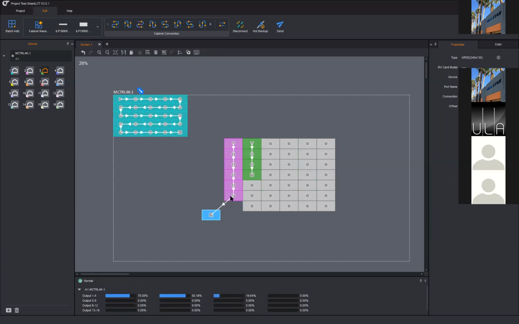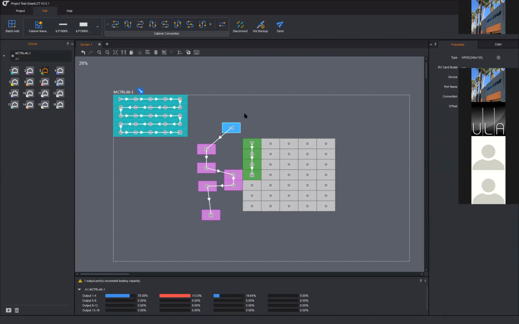The other thing as well, obviously, you can get creative. If you're doing offsets or strange things with your screen, this gives you the ability to shuffle things around. Now, bear in mind, see how my loading capacity has gone over because I've dragged that away? It's still calculating all the pixel space in this gray area. So you need to be mindful that you still have limitations. Even though your pixel loading on your cabinet isn't that high, it's still calculating the gray space in there. So just don't think, oh, I'm only going to run 6 or 7 cabinets off a port and space them out. It won't necessarily work like that. But it is a really good visual tool if you want to get creative with it.